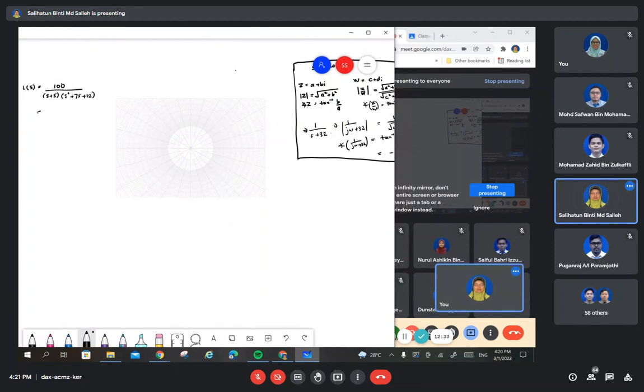Before that, make sure the lowest order becomes 1. For example, the 5: it should be divided by 5 and then multiplied by 5, so that it is equal to 1. So 100 over s plus 1. How to make 5 there? So it's 5 here divided by 5 there. S divided by 5, so it becomes s over 5 plus 1. And then the other quadratic function will be